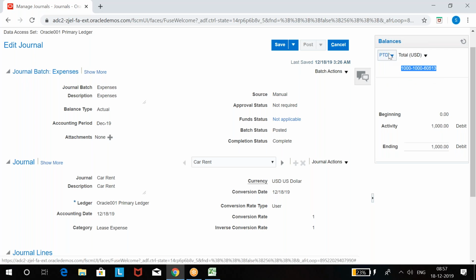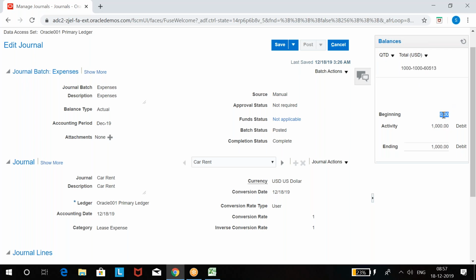You understand quarter to date, right? Which quarter is this? Fourth quarter of the year, let's say. It's January to December, fourth quarter of the year. So I want to see quarter to date. Quarter starts on which day? 1st October. From 1st October till today, whatever journals are posted with this account, the system takes the balance of each